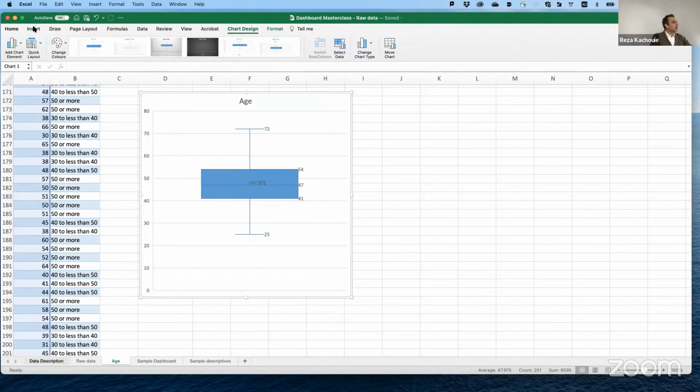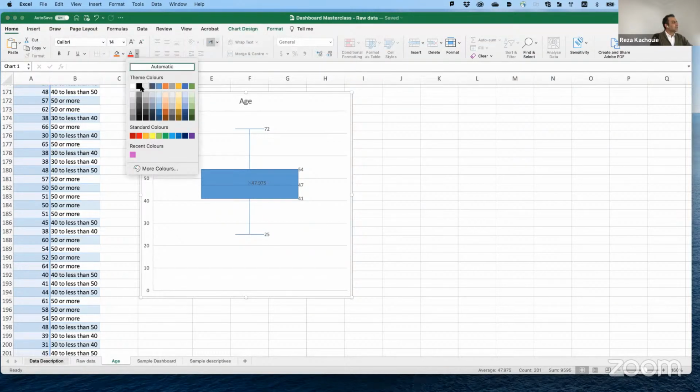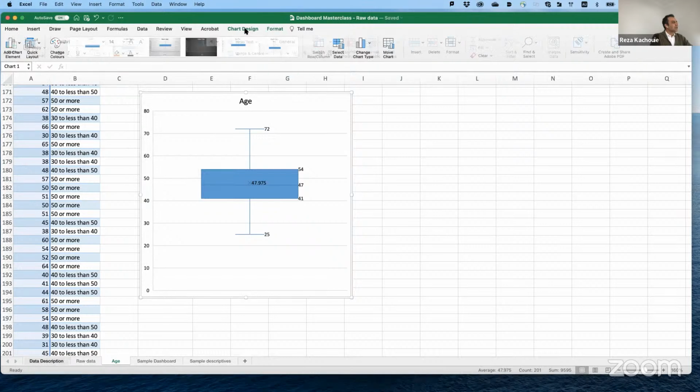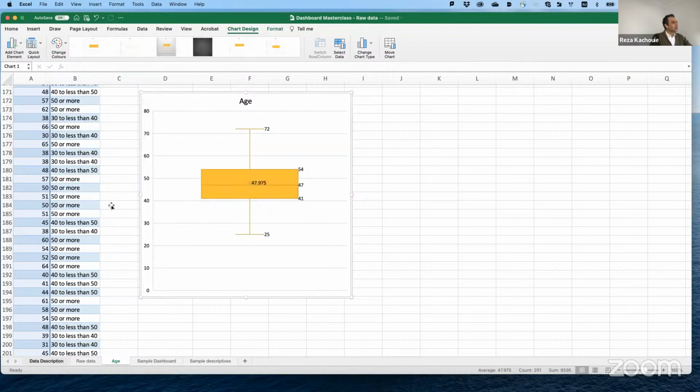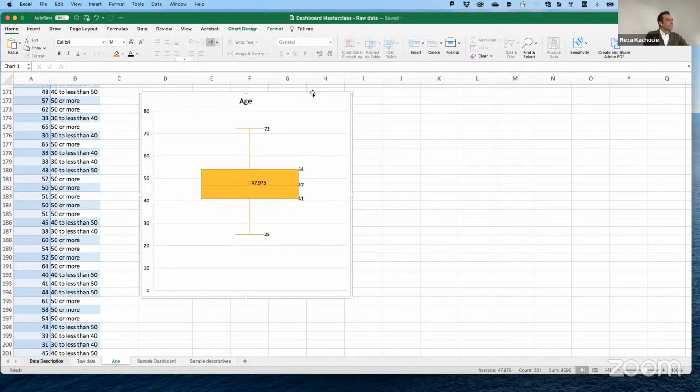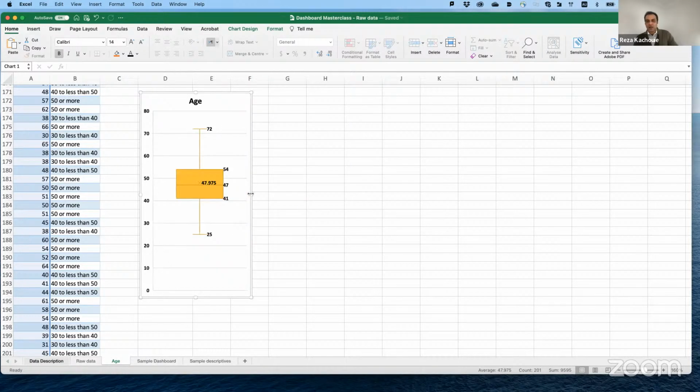We can change the font color to black and change the chart color to this color, for example. Then I'm changing the fonts to bold so you can see this a bit better. So it shows every piece of information that we need about the spread of our data.